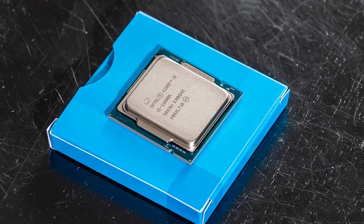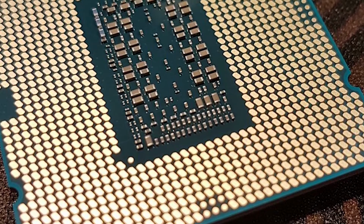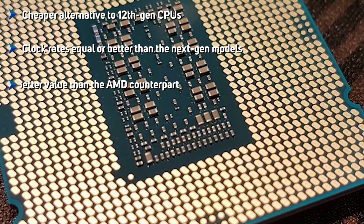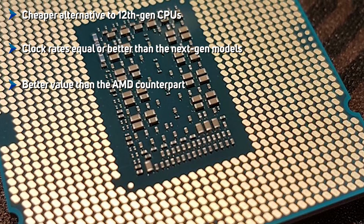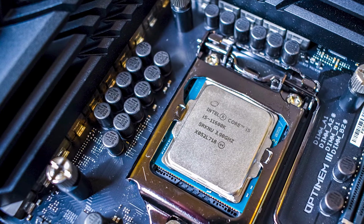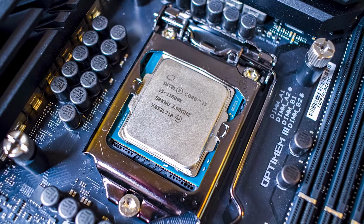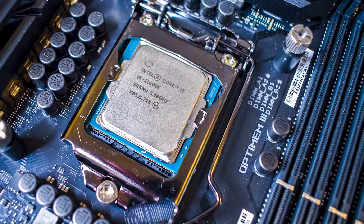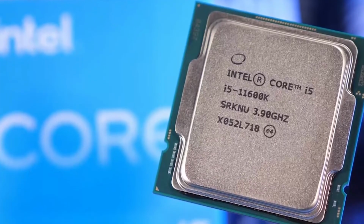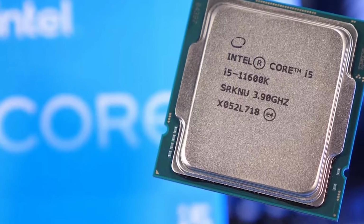If you are going to step back a generation, or if you already have an LGA 1200 board, one of your best choices is going to be the Intel Core i5-11600. This processor is the 11th generation version of one of 2022's best processors, the i5-12600. Intel did start using a hybrid architecture in the 12th generation, so there's a wider gap in performance between some of the 11th and 12th generation processors than you'll usually see between generations, but a lot of the base specs